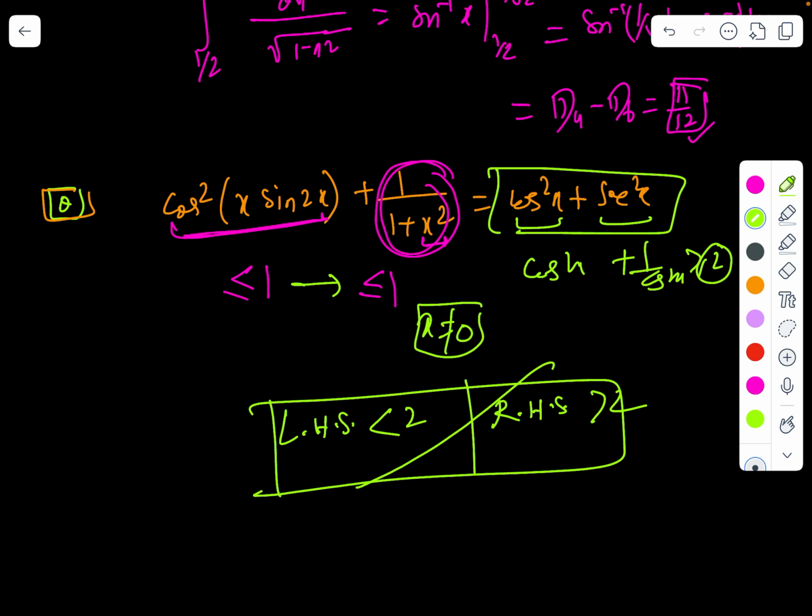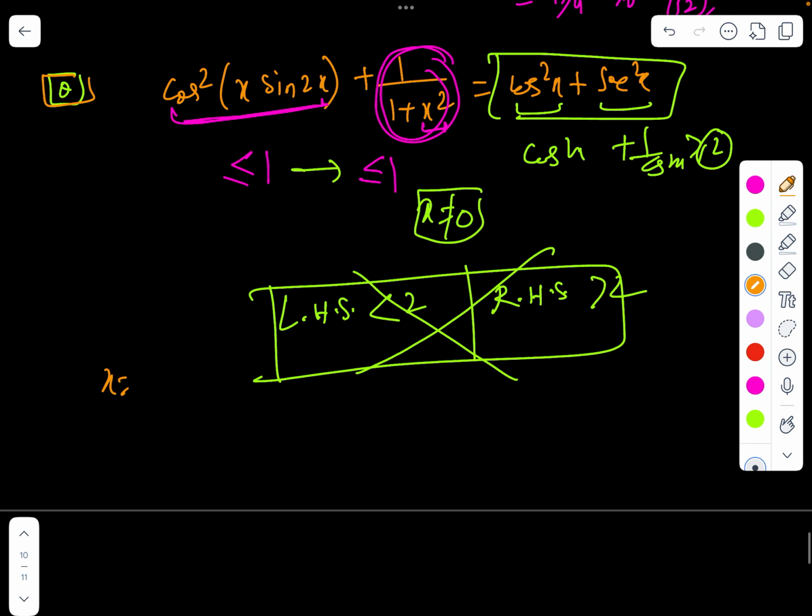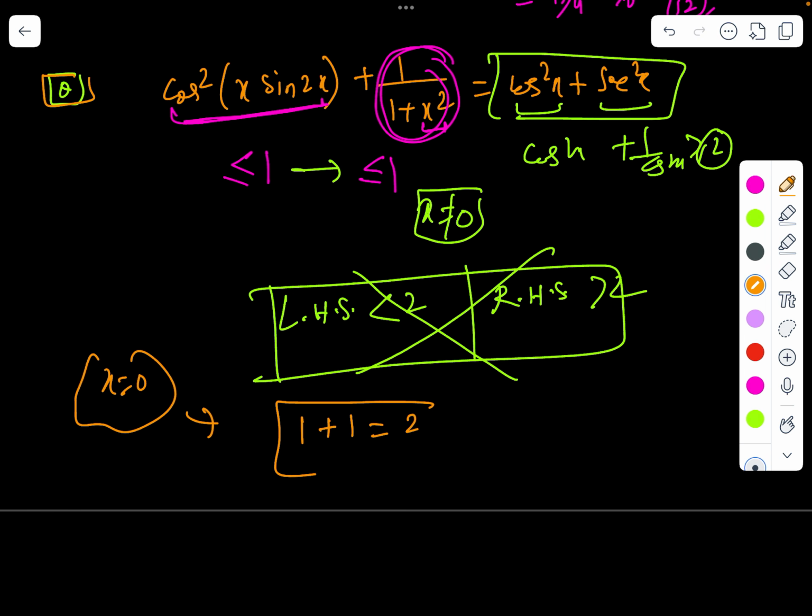So there is no hope for any solution at x less than 0, like non-zero. So the only possibility is x equal to 0, and if we check, cos 0 is 1, plus 1 is equal to 2, and that works. So this question was very cosmetically developed to match the extreme case, and the answer is the number of solutions is just 1. So sometimes you have to be literally alert for even these kinds of problems,